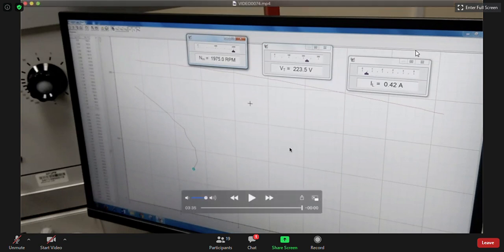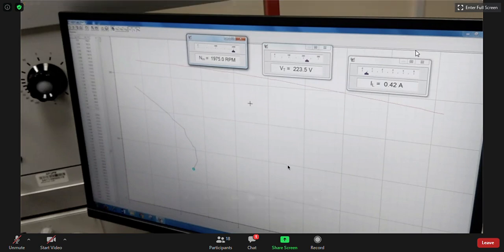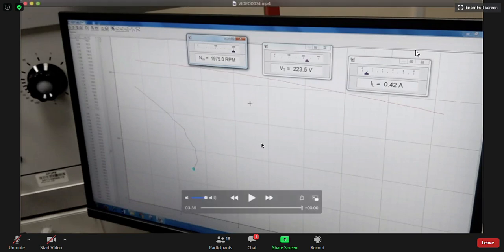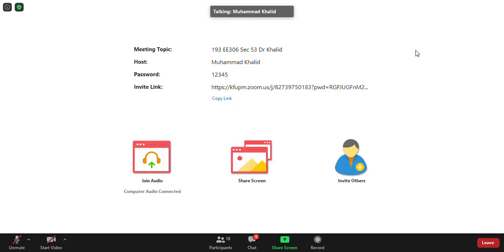Okay. Inshallah, we'll give you two CASI files. One is for part A, which is generation, and another file for B and C, which is the shunt generator and cumulative compound generator. You can plot them together or separately, it doesn't matter. We'll give you data for both, inshallah. You can use Excel. You can use CASI. Plot them together, plot them separately. Discuss them together, discuss them separately. It's up to you. So that basically ends our experiment. If you have any questions, please ask. Please ask questions so that